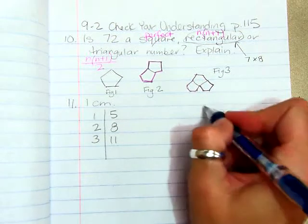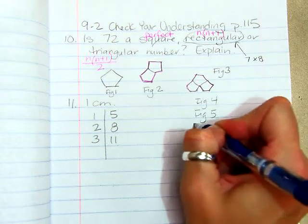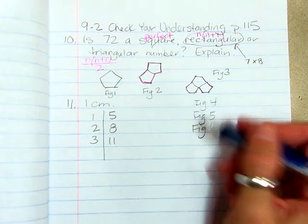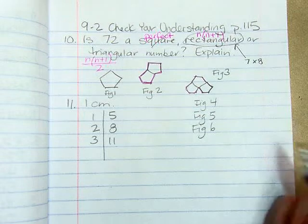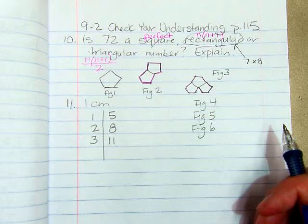So I would have to draw figure 4, figure 5, and figure 6. And guess what? Mrs. Kirk is not drawing because it'll be worse than that. But you could do them. I don't judge your drawing. I just want to make sure that you understand the idea here to determine the perimeter of each of these